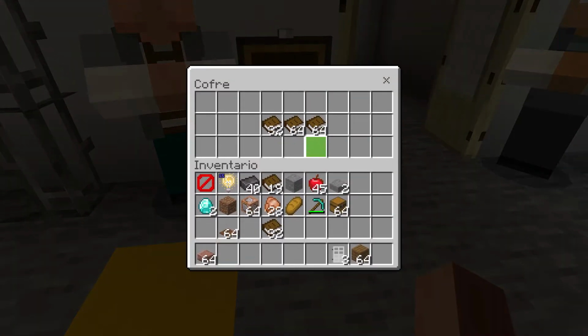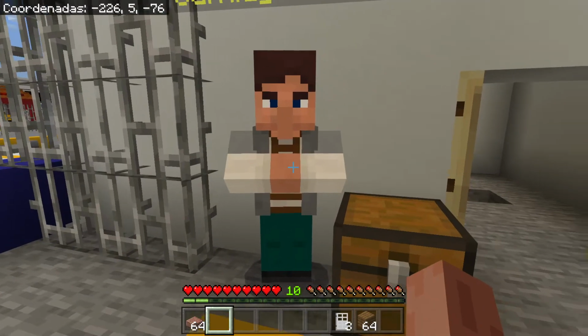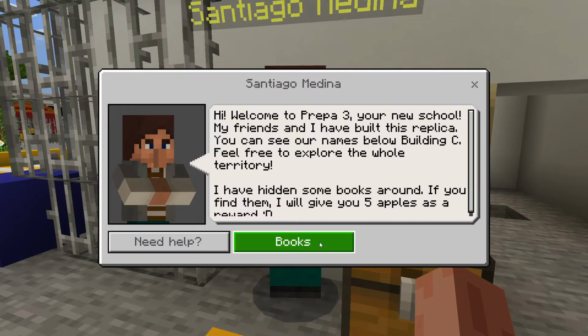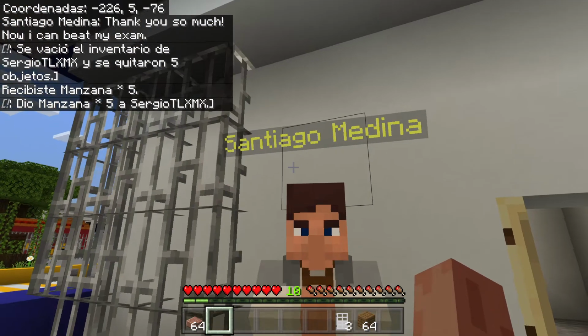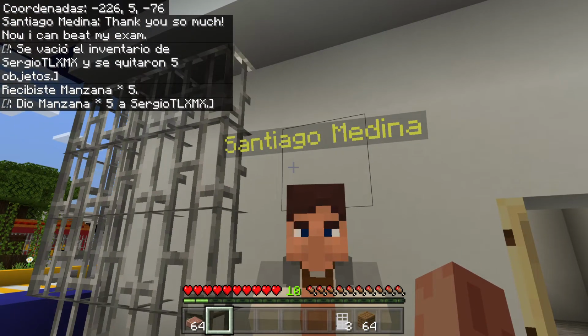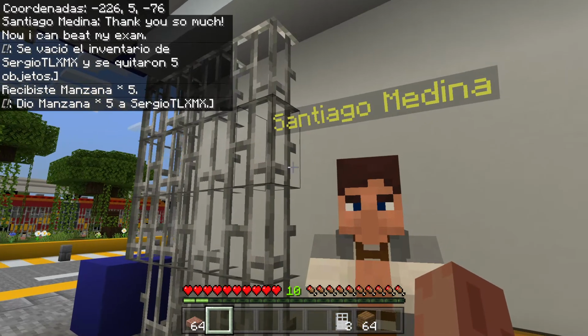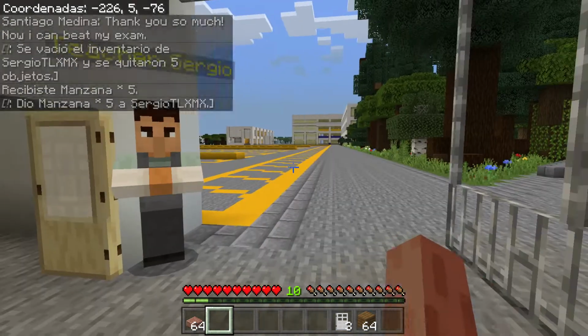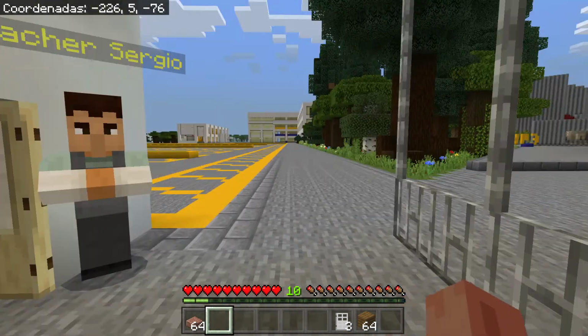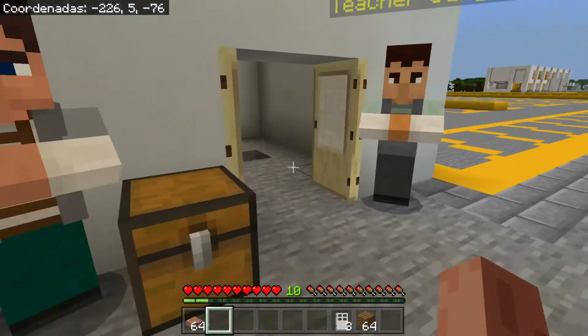If I open this, there you have the books, and then if I take some of these books and go back to Santiago and give him the books, you can see above on the left side it says "recibiste manzana por 5," you received 5 apples. And that's one idea of how we can make it more interesting for our students to have missions.